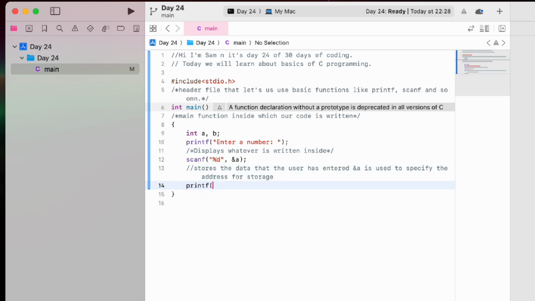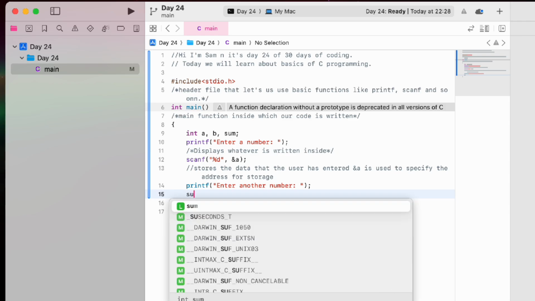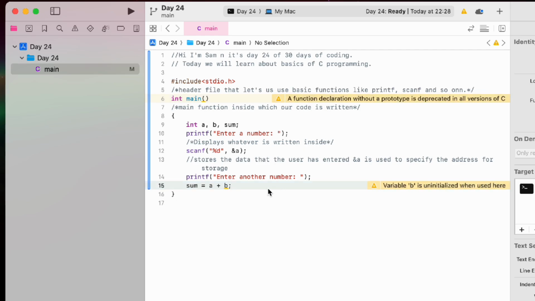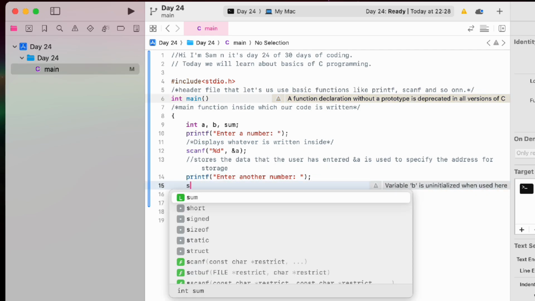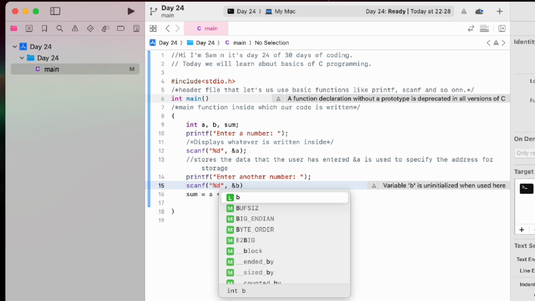I'll repeat the same printf and scanf statement for the second number. You can see that each line of code inside the curly braces ends with a semicolon. Now we can use a simple expression that is sum equals a plus b. Note that the equals sign is the assignment operator that stores the value of the right-hand side to the variable